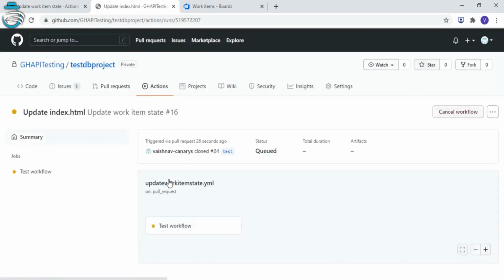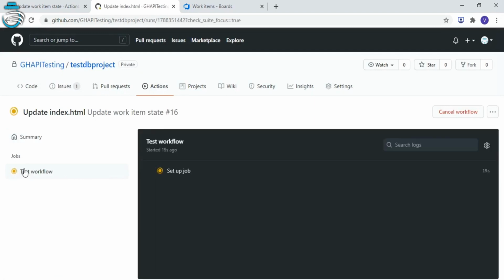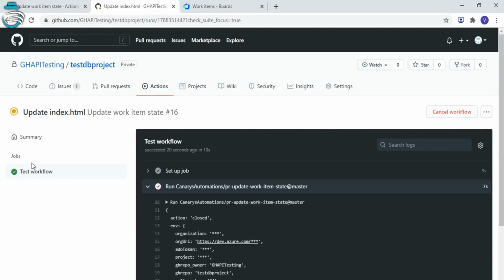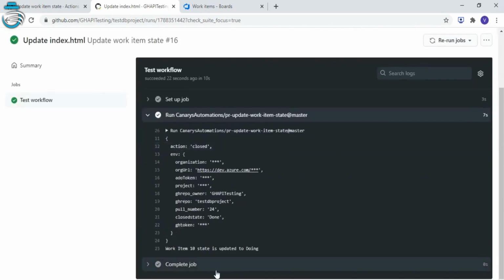Let's see what's happening in this action. See the workflow. Now it should run the action and update that work item state to its next available state. We can see here that the work item 10 state is updated to Doing state.